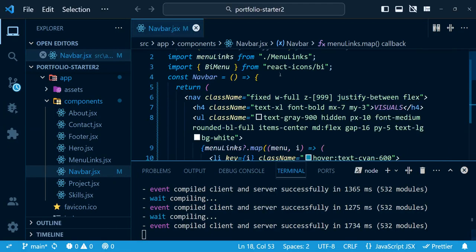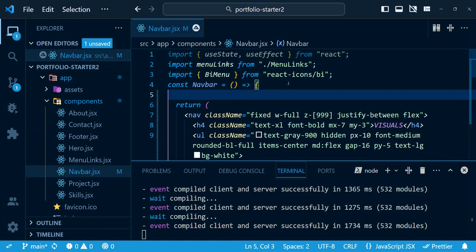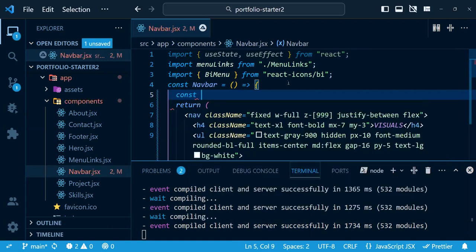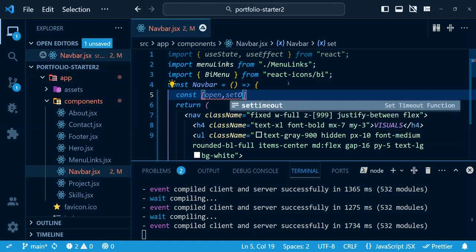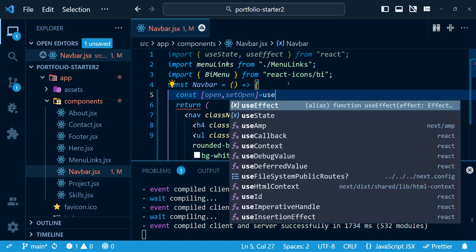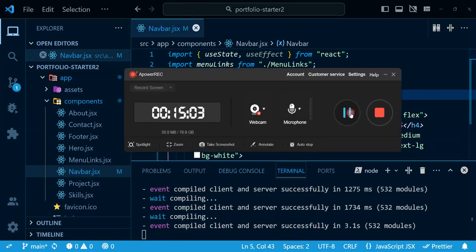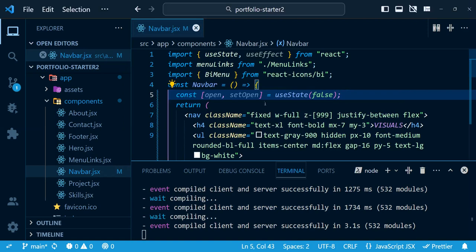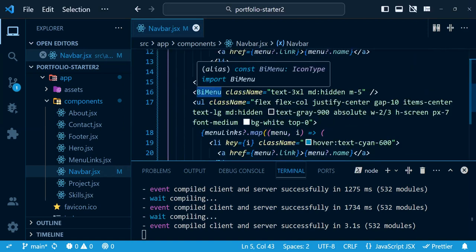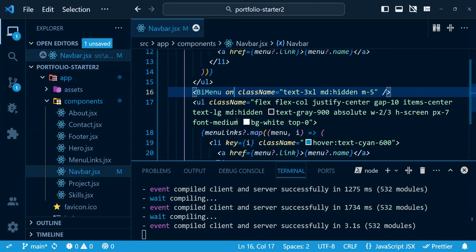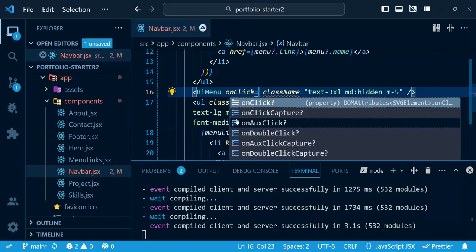In order to create that, first we need to create a useState element. So let's give const, let's give it a name of open, and set open, and let's give it an initial state of false, and let's save it. Now after creating this variable, when we click this menu, it will be open or closed. So let's create a handle on click handle, and let's give a bracket, and